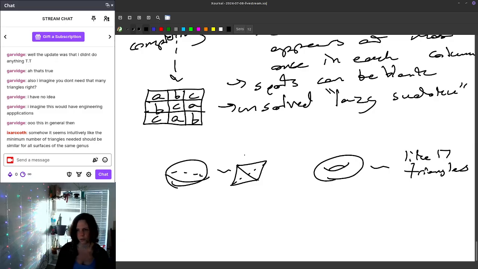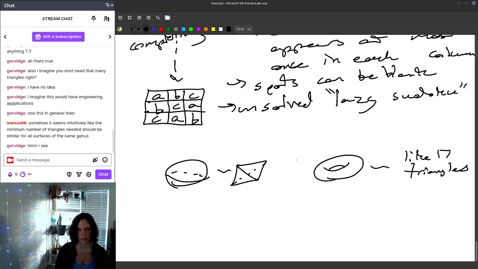But as far as this general construction, if your goal is to just topologically represent the surface, as in you want these two things to be homeomorphic to each other, so you can deform one into the other, the number of triangles only depends on the genus. So it should be identical. If you don't care about anything to do with size and you just want to represent the shape from a topological perspective as opposed to a geometric one, just the number of holes, there is a function that says if you have this many holes in your surface, this is the minimum number of triangles. The question is just that I don't think we have a nice formula for computing the values of that function for larger